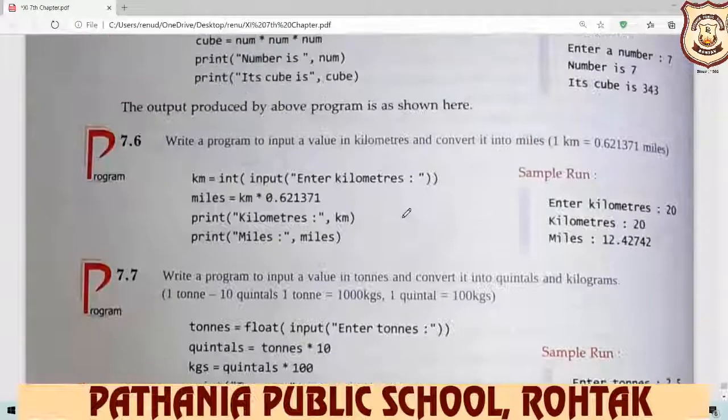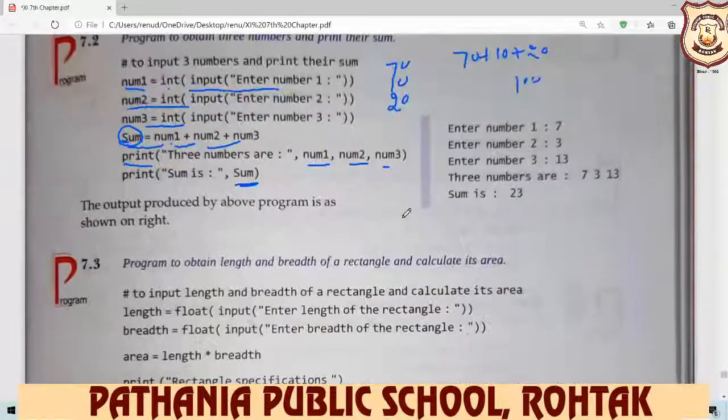So here our term 1 syllabus is completed, and in the term 1 syllabus there are 7 chapters: chapter number 1, 2, 3, 4, 5, 6 and 7. So everyone